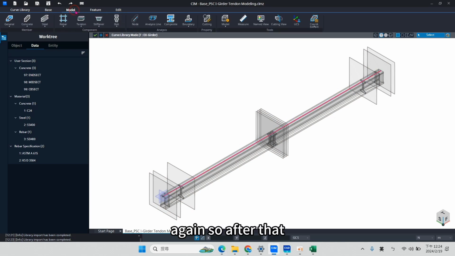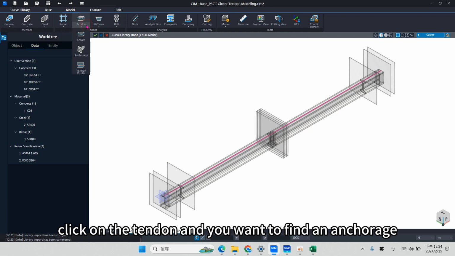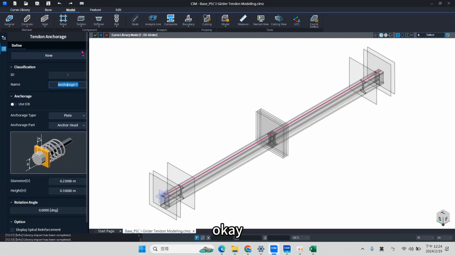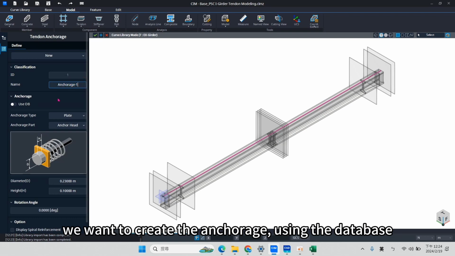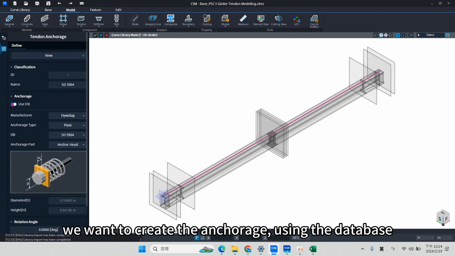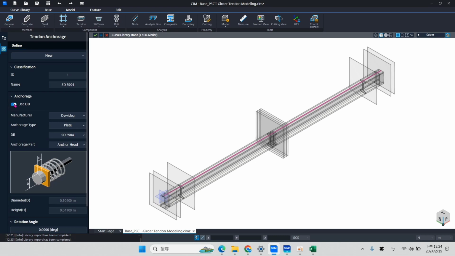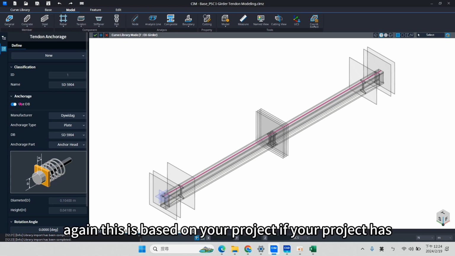Okay, so after that, we want to click on the tangent and we want to find the anchorage. We want to use the database. Again, this is based on your project.